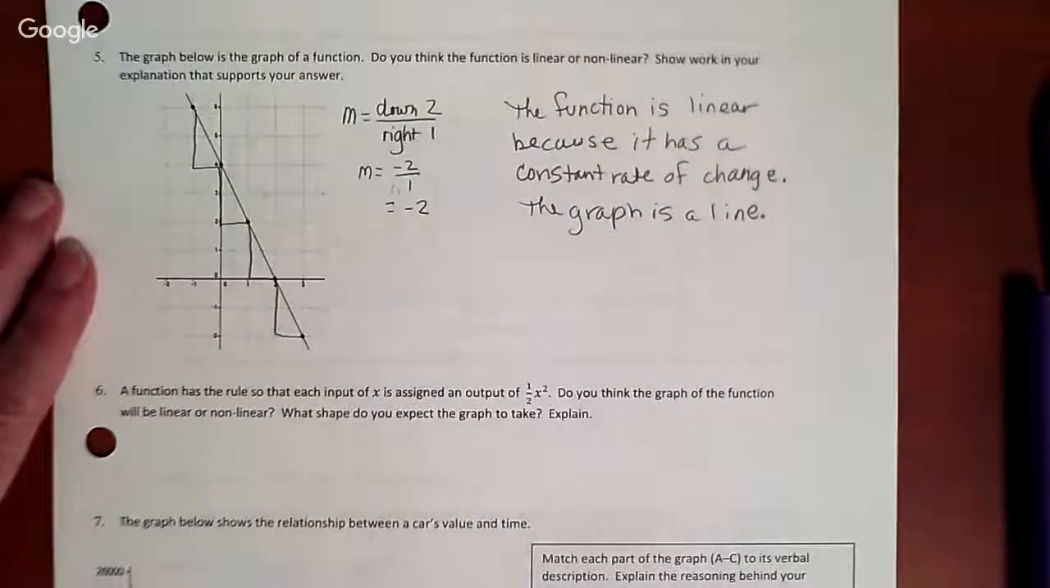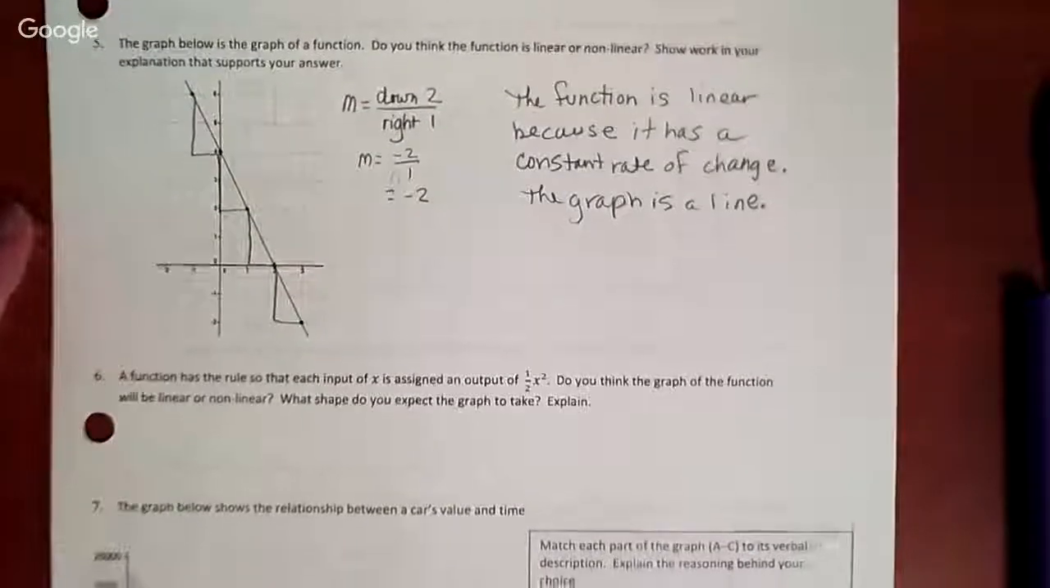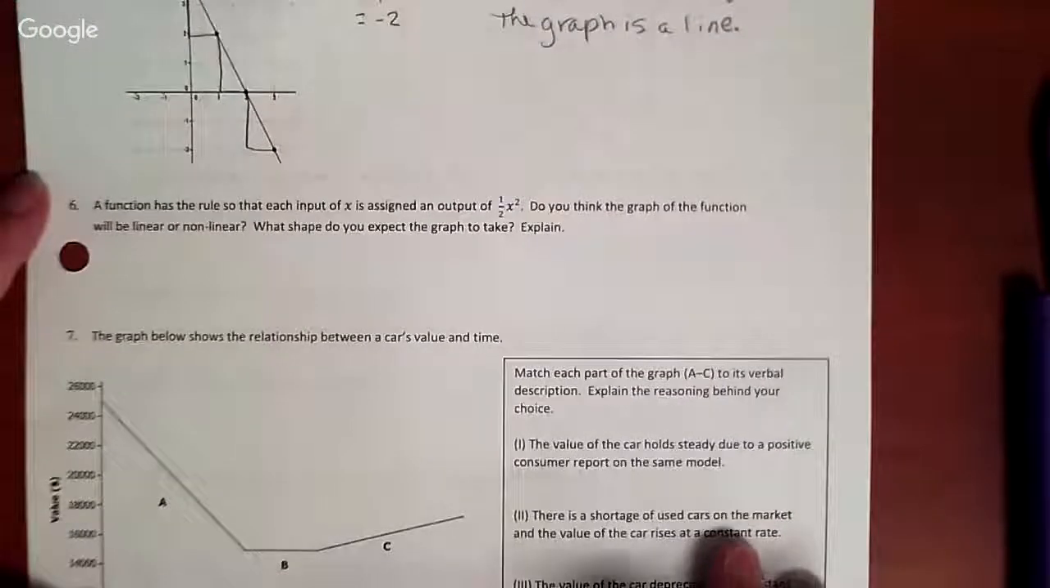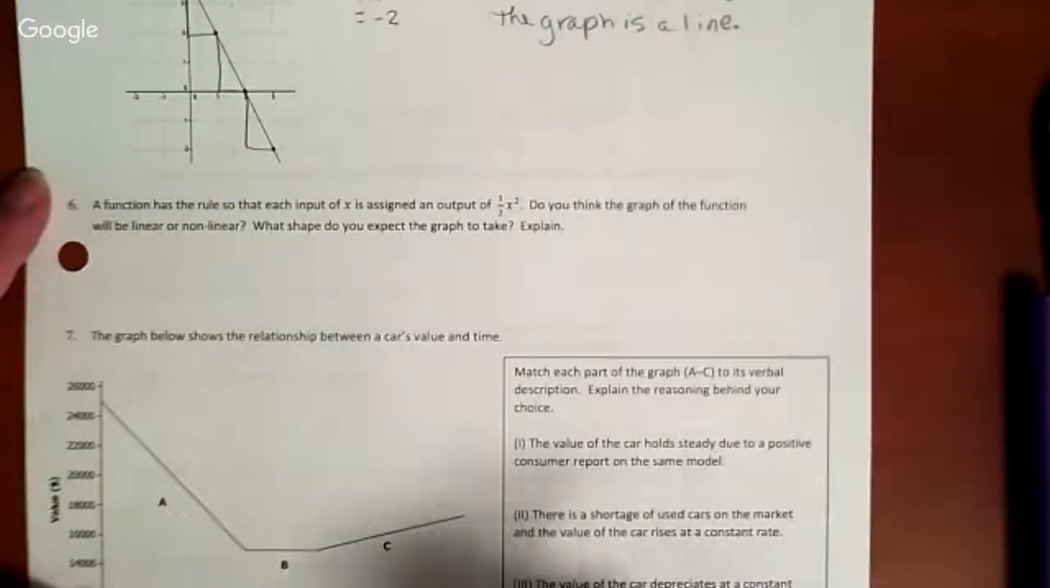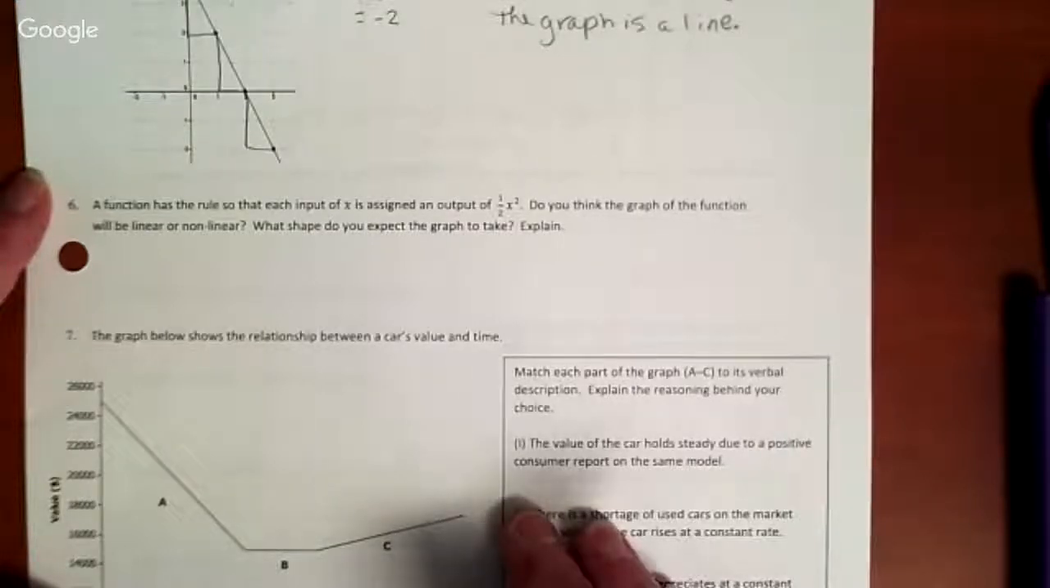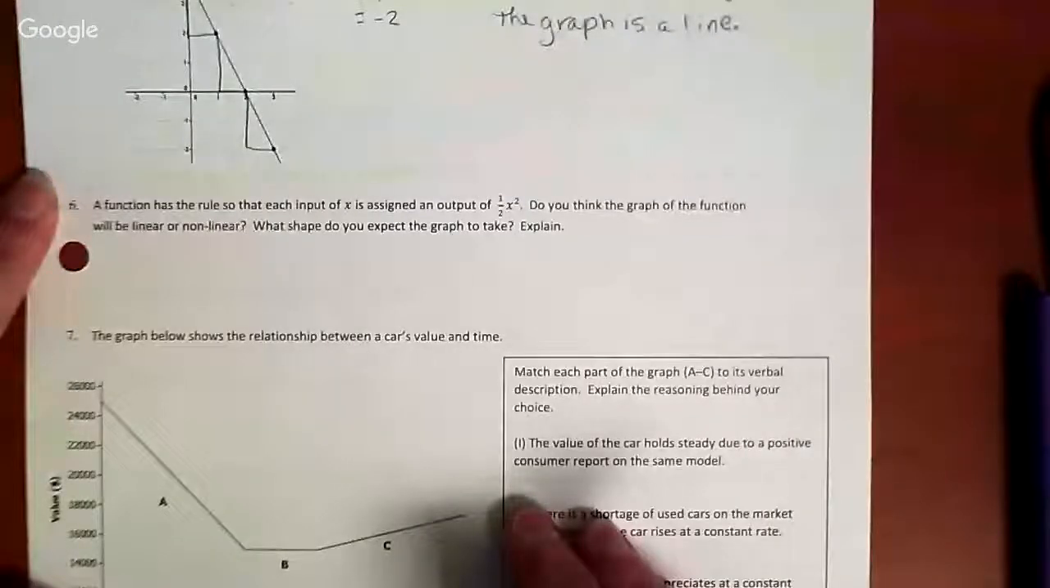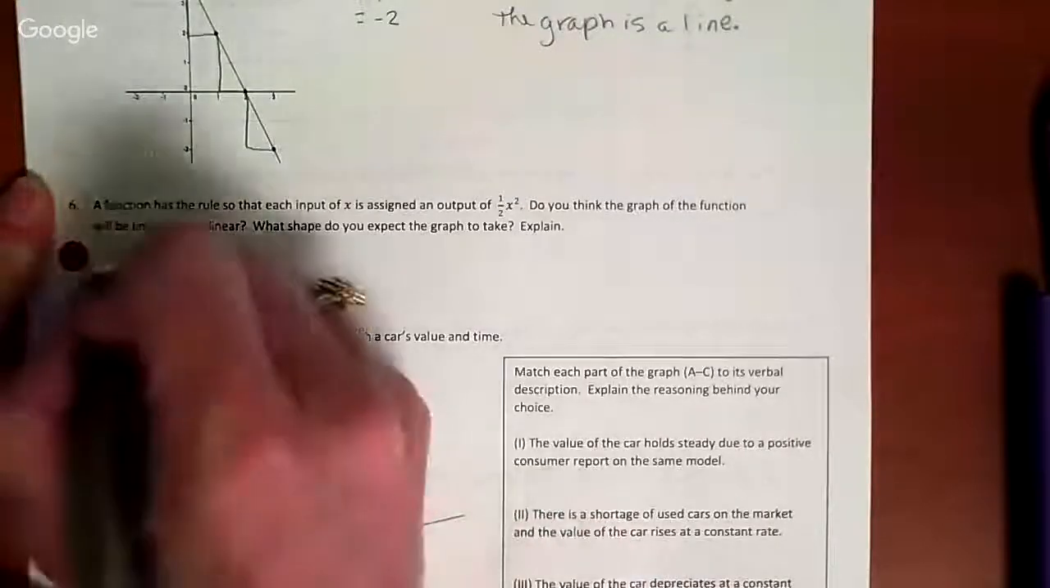Okay. So next it says, for number 6, a function rule is such that each input x is assigned an output 1/2 x squared. Do you think the graph of the function will be linear or nonlinear? What shape do you expect the graph to take? And explain. It is nonlinear